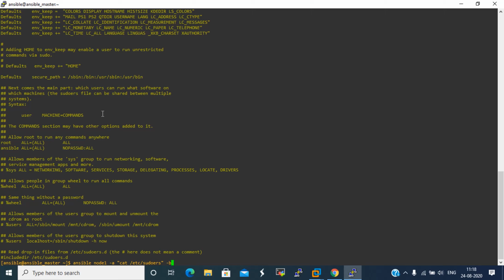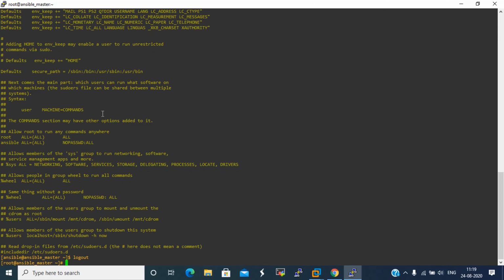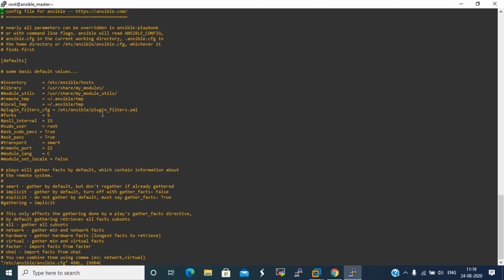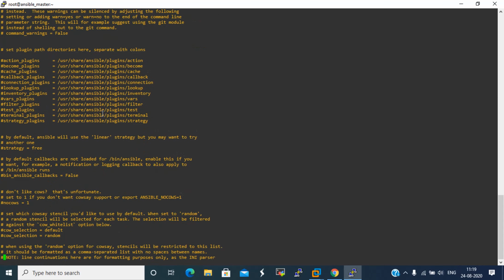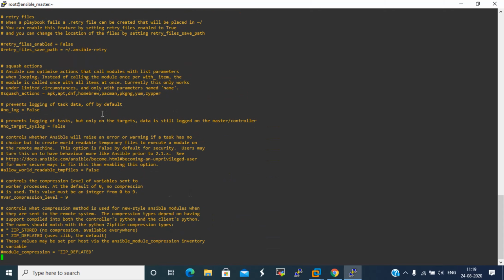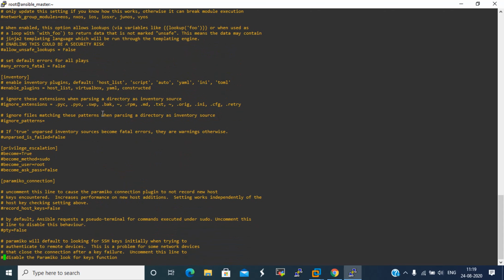So for this, we have to make some changes in our configuration file. There is a become parameter there. There is a privilege escalation tab, and below it, become is equal to true.